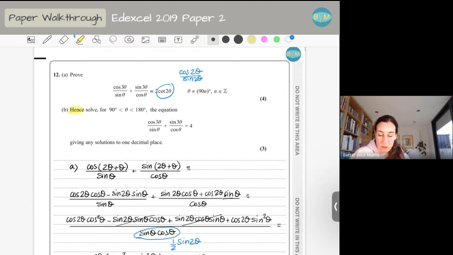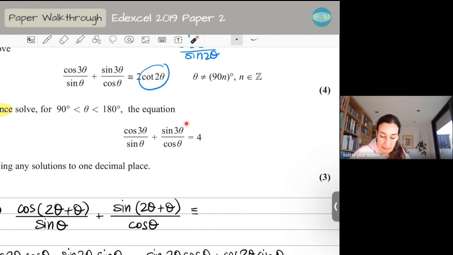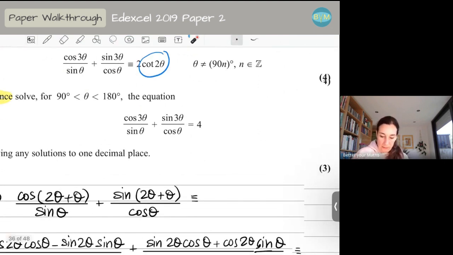Now, hence, we are going to use what we just found. We are going to solve this equation. Look, this left-hand side is exactly the same as this one. So instead of writing this, we are going to write this, which is much simpler. That's why they say hence use that. So we have